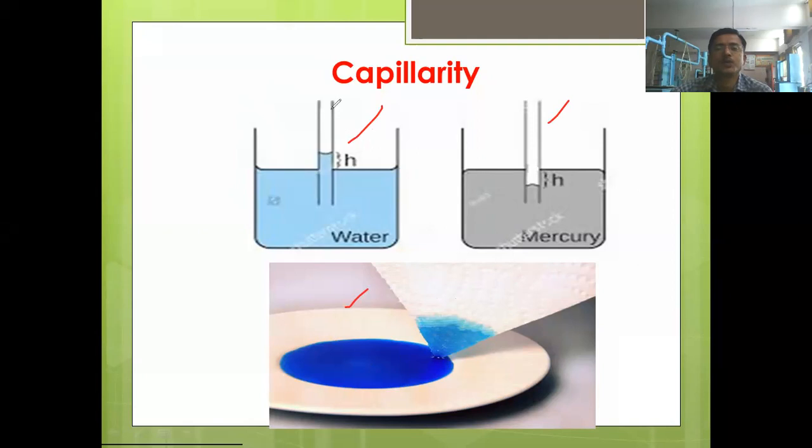Whenever we insert a small diameter glass tube or transparent tube inside water, then you might have observed that the water has risen inside this particular glass tube, and the height of the surface inside this tube is greater than the adjacent general level. Okay, if you have not done, you can do this experiment at your home. Take one transparent glass tube, small diameter tube, insert that tube inside the water, and you will observe there is a rise of water inside the glass tube.